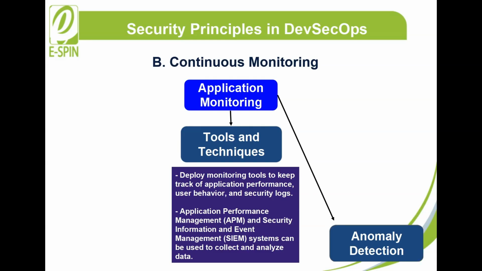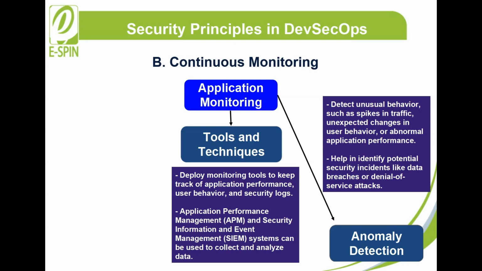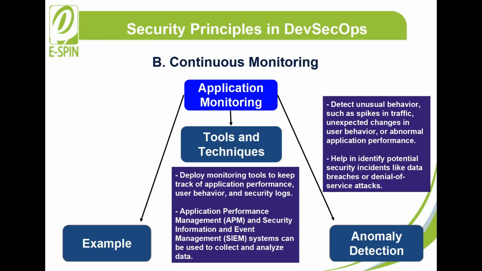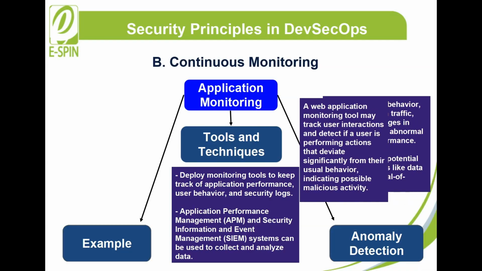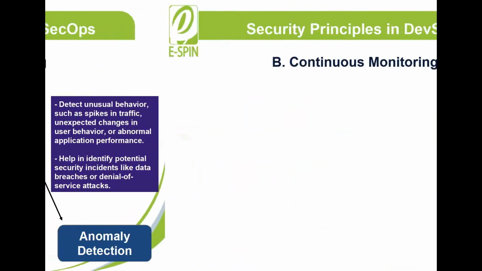Anomaly detection. Implement mechanisms to detect unusual behavior, such as spikes in traffic, unexpected changes in user behavior, or abnormal application performance. This can help in identifying potential security incidents like data breaches or denial of service attacks. Example: a web application monitoring tool may track user interactions and detect